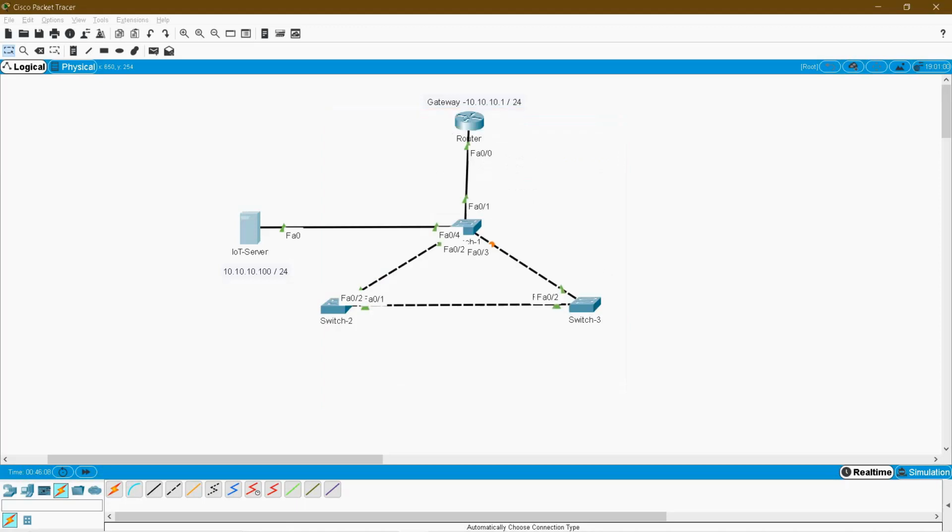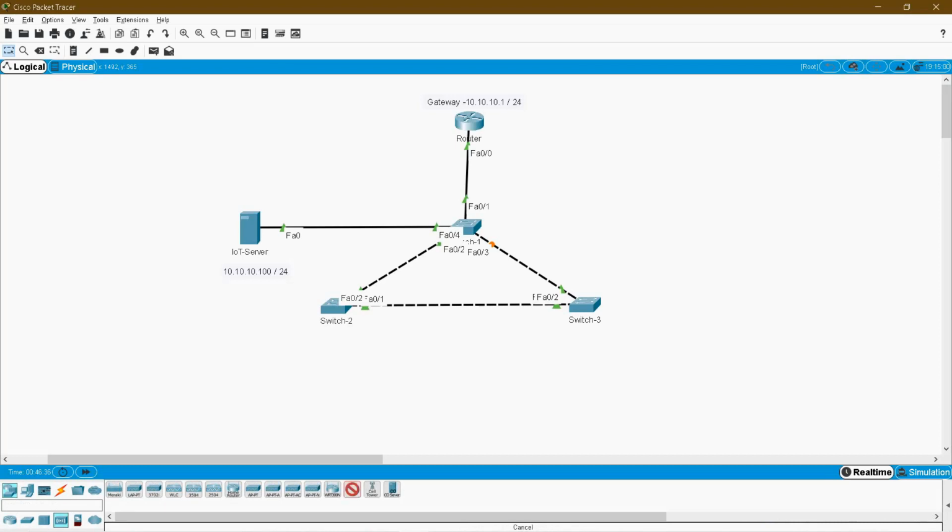Now I am going for the IoT devices. On this side I am going to create a wireless network, and on this side a wired network. For making the wireless connection for IoT, I need a home gateway. So click the end devices, network devices, and here you can see wireless devices. Click wireless devices, and here you could find the home gateway.